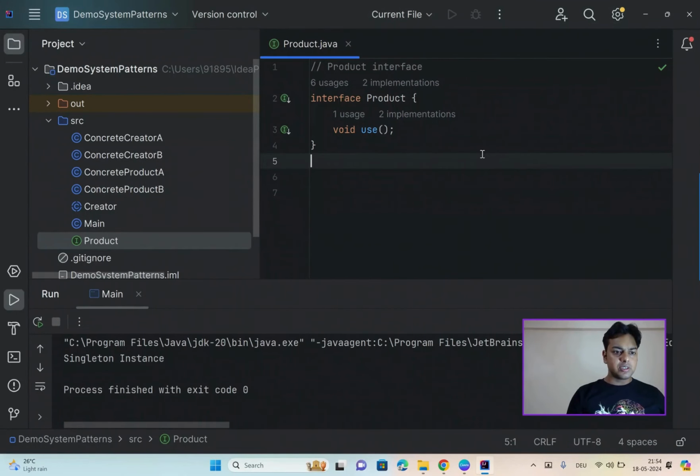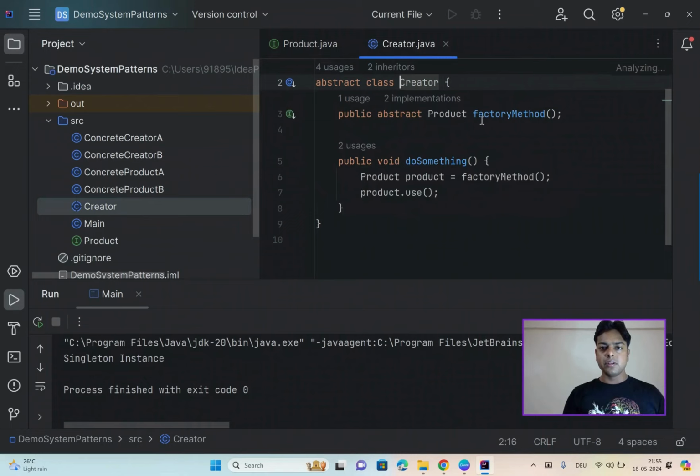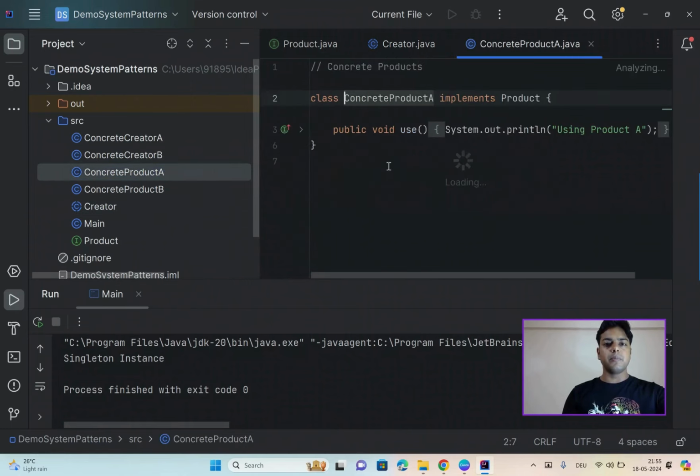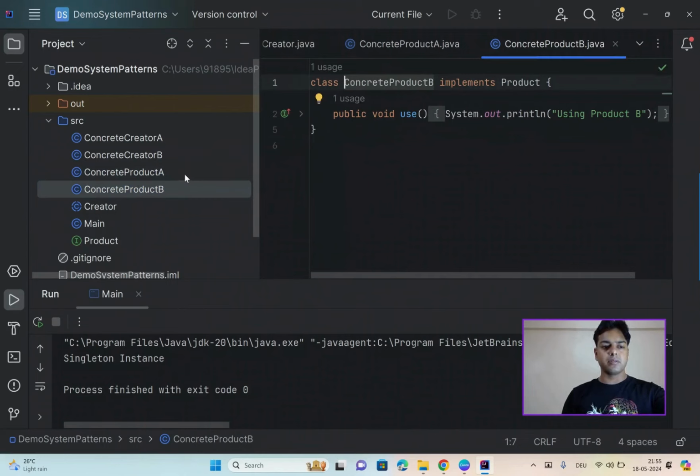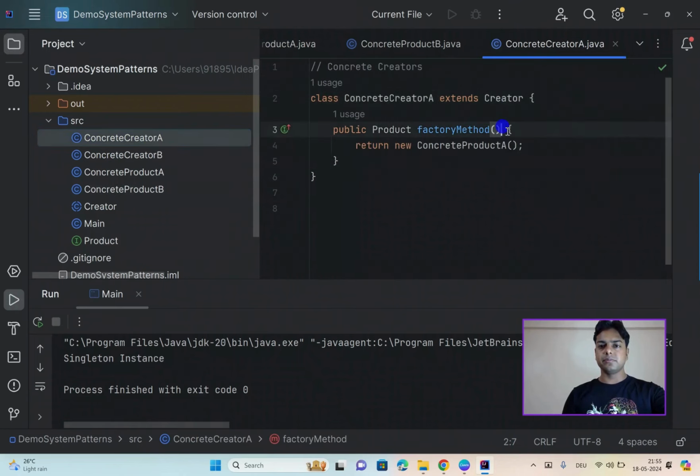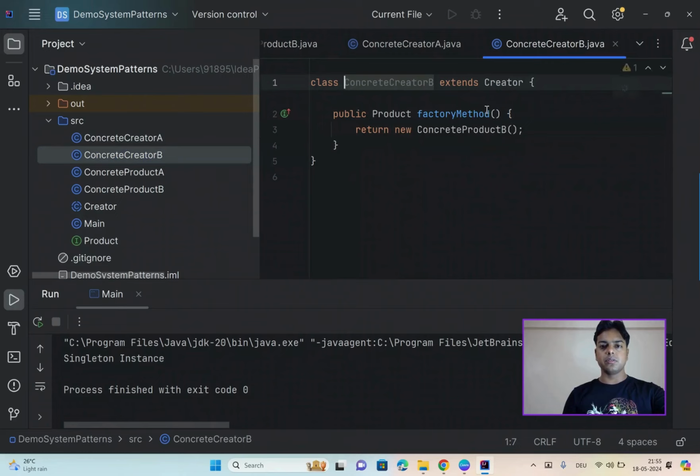For demonstration, let us create an interface or an abstract class for the product, like so, and then we define a factory method in the creator class. This is the factory method, we define it, and then we have subclasses that implement the factory method to create a specific product. We have product A, product B, then we have creator classes like so, and finally we have the main,